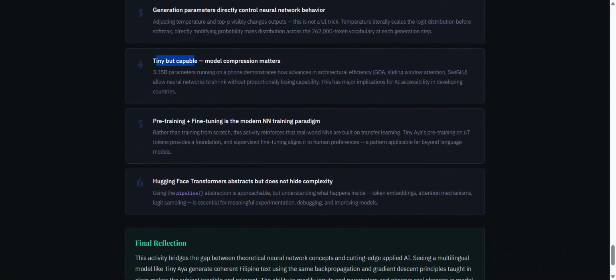Fourth, tiny but capable. Model compression matters. 3.35 billion parameters running on a phone demonstrate how advances in architectural efficiency allow neural networks to shrink without proportionally losing capability to understand the prompt. This has a major implication for AI accessibility in developing countries.